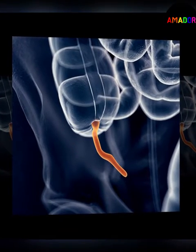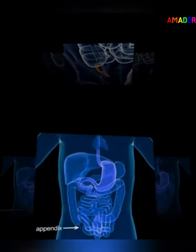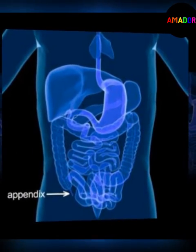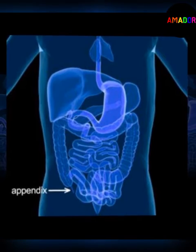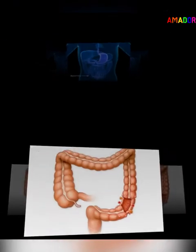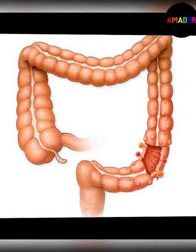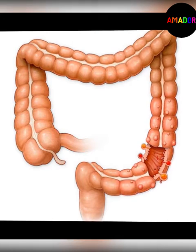Your appendix actually serves a purpose. Humans have been evolving for millions of years, and as a result, we have a few spare parts. We've got a leftover tailbone from when our ancestors lived in trees. Some people have a tiny hole in front of their ears thanks to our ancestors with gills, and we all